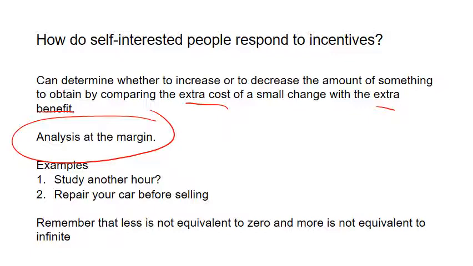Should you study economics for another hour today? The relevant cost is what you give up by having one less hour to do other things, and the relevant benefit is what you gain by studying one more hour. If the extra benefit of studying one more hour is greater than the cost you bear from giving up one more hour of other things, it's rational. It would be in your self-interest to study an additional hour, and you should keep studying additional hours as long as the extra benefit is greater than the cost that you bear.